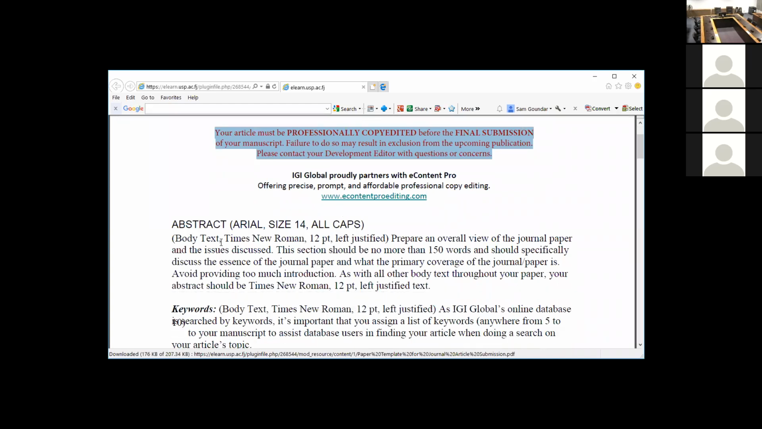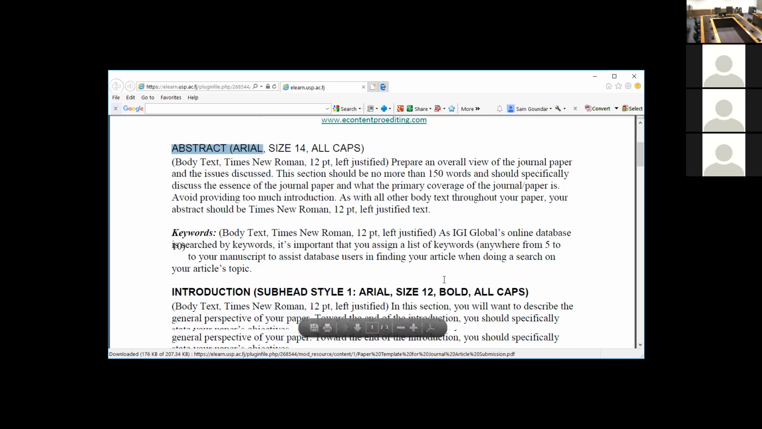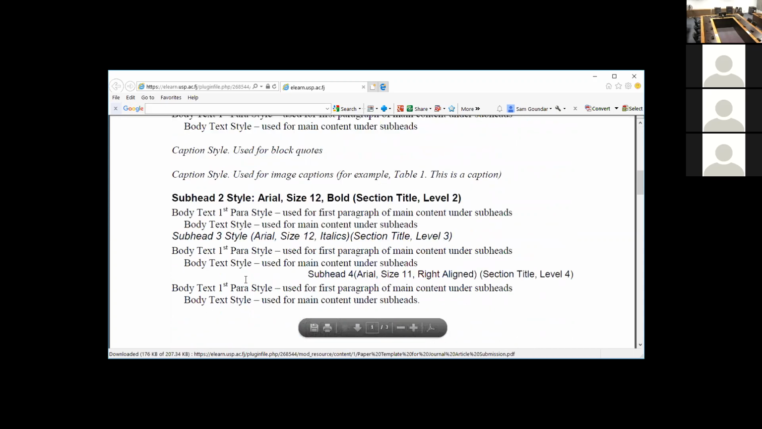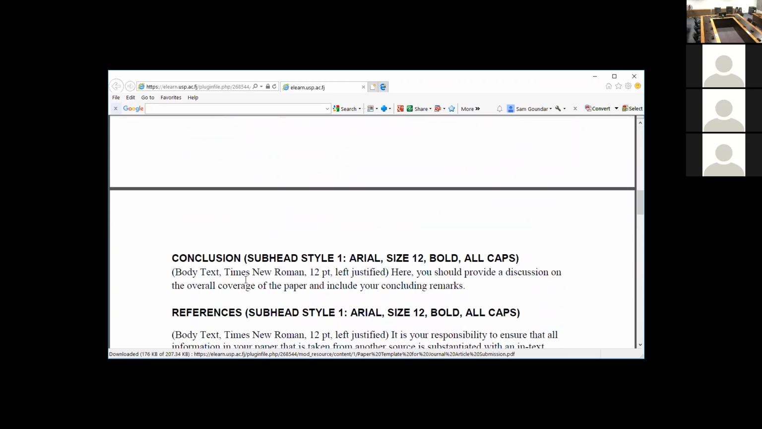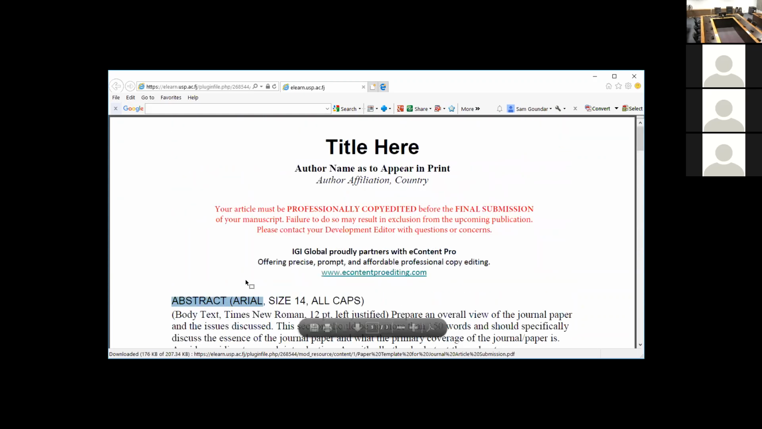So moving on, your abstract will be font Arial, size 14, all caps. The body will be Times New Roman, 12 point, left justified. Okay, and other guidelines. Your keywords would be like that. Your subheadings will be Arial, 12, bold, and all caps. And likewise, you can follow all the styles. So main heading, subheading, sub-subheading,